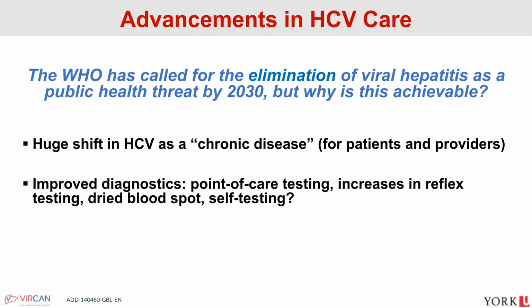We also have huge advancements in diagnostics. This includes things like community-based point of care testing that could be done by a provider, but could also be done by a peer or a health ambassador or community health worker. Then there is the thought around reflex testing, which I'm going to spend a good amount of time on in just a few minutes, and using dried blood spots to collect samples. This could be serology samples or nucleic acid-based samples.